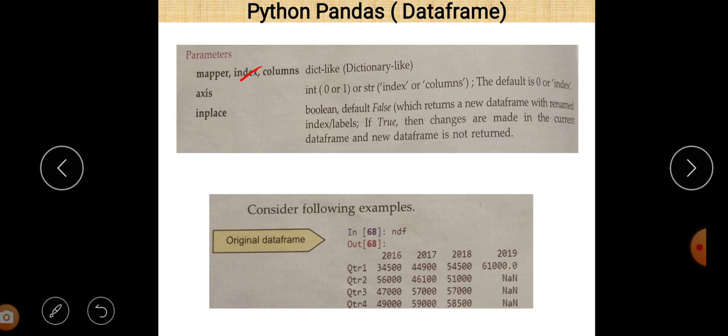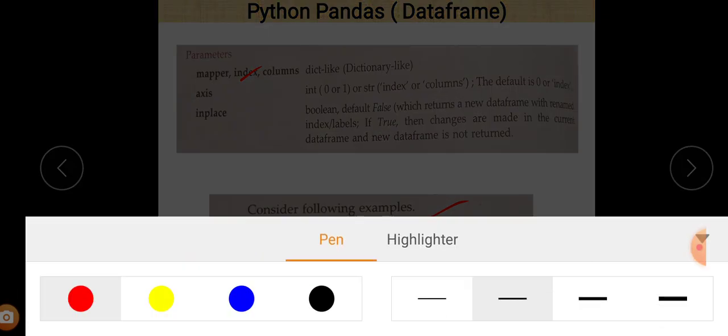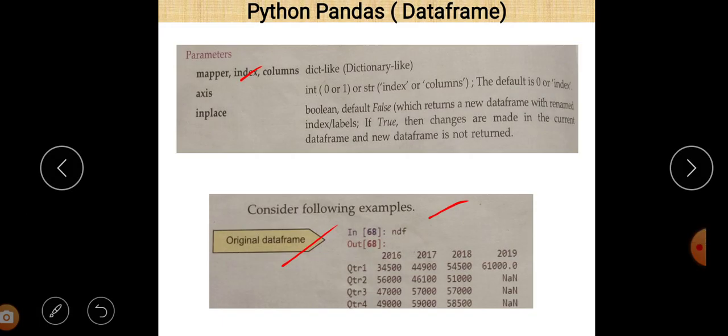Now there is a data frame, the original data frame you can see here, and the name of the data frame is ndf, and we can see easily that there are 4 columns: 2016, 17, 18, and 19. These are the columns here, and these are the rows: qtr1, qtr2, qtr3, and qtr4.